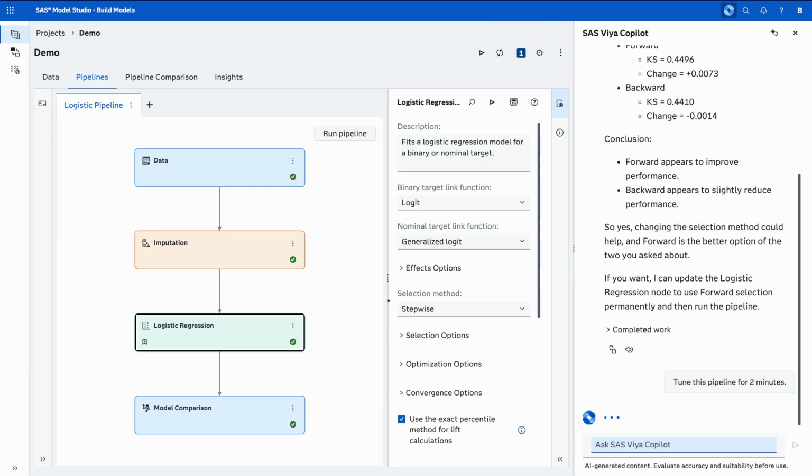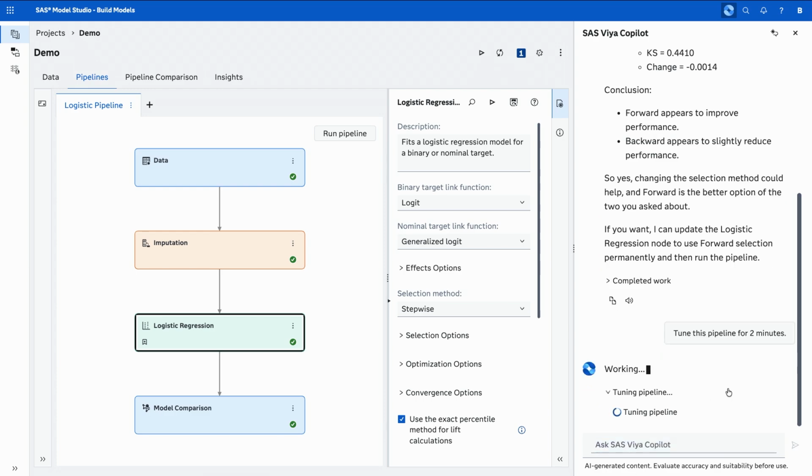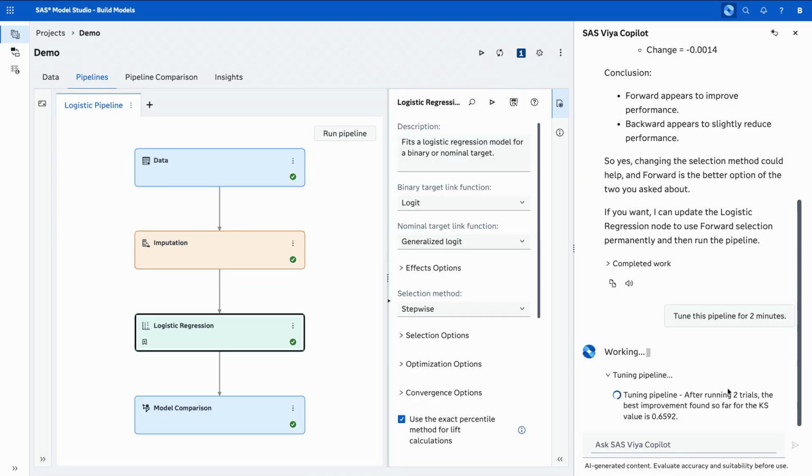Now, I mentioned before that in our current release, we allow you to go in and actually ask for improvements for individual nodes within your pipeline. In this new release, what we're actually doing is we're allowing Copilot to take the entire pipeline that exists and look across all the different nodes and decide if there are other changes I should make. Because sometimes the modeling node may not be performing well, but that's not its fault. It's because of pre-processing steps that were missed previously. Copilot's gonna go and do that work for me.